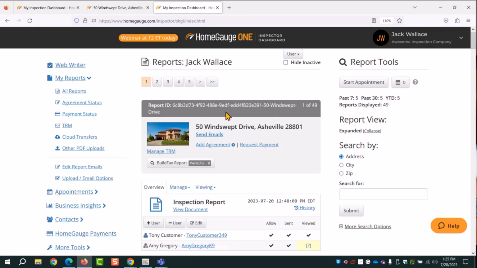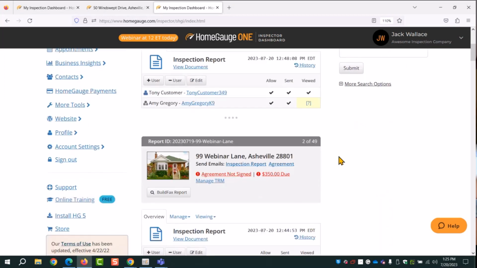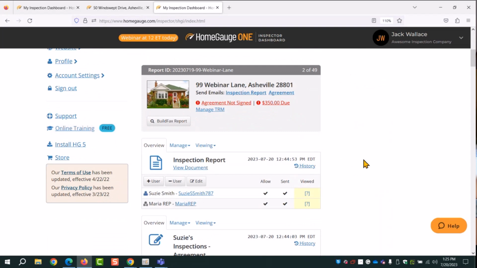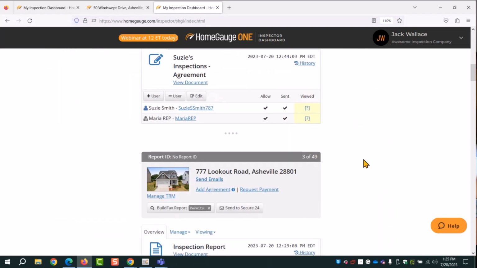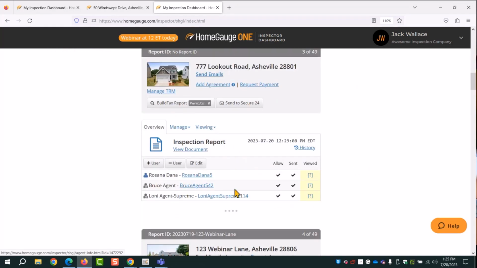I will point out, this was one of the troubleshooting things that I was going to share with everybody. If they've never logged in ever, and it's a brand new person, trying to find somebody in here, for example, these are new contacts I just created today. They've never logged in, they haven't viewed it. This has a question mark. Let's say you found out later on that maybe you got the email wrong, or maybe you spelled their last name wrong,